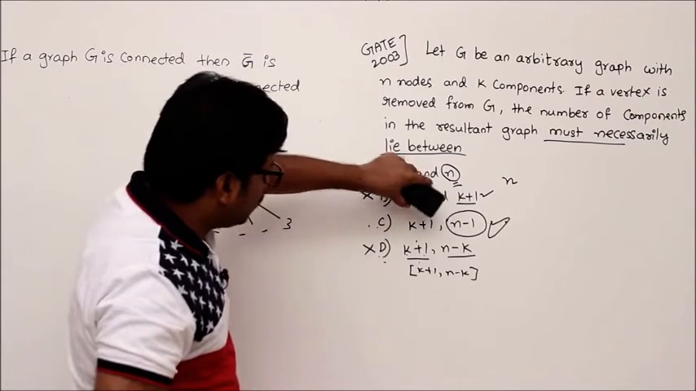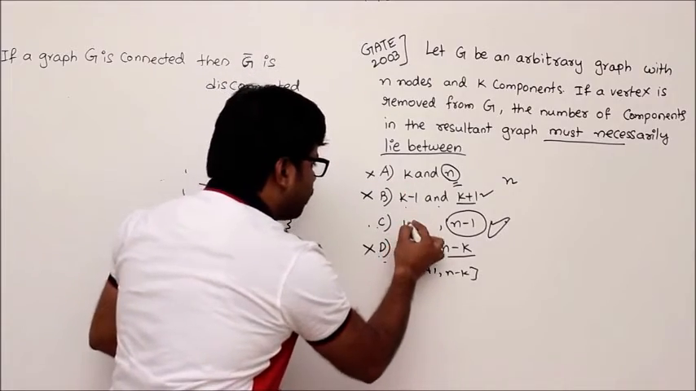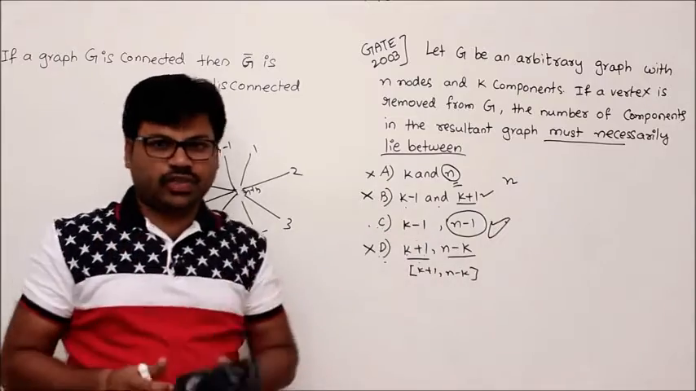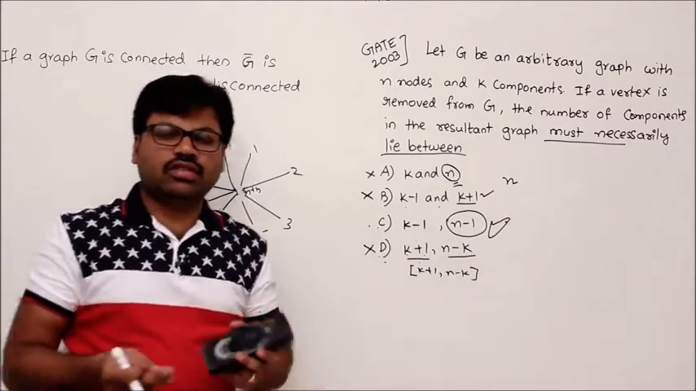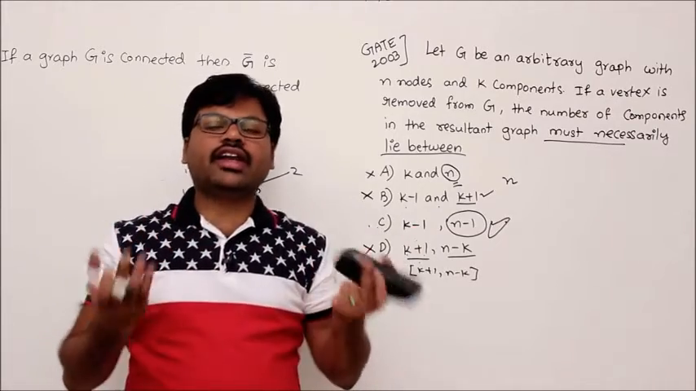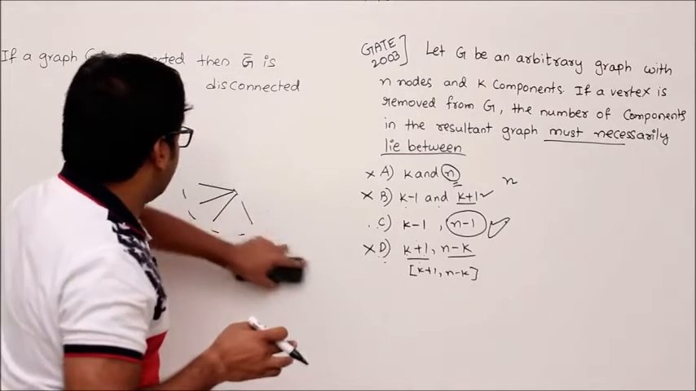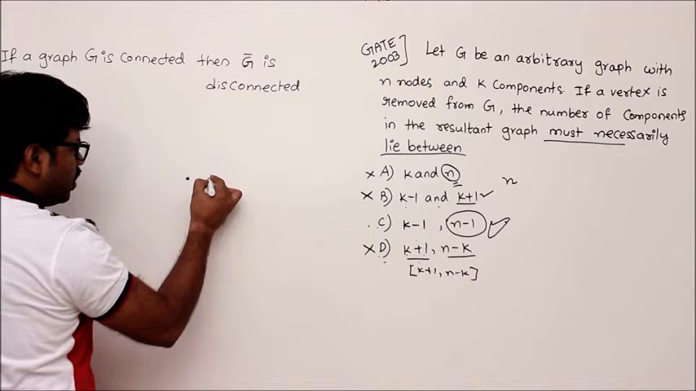So there is a mistake actually. This was k minus 1. Okay, let me add k minus 1 here. So let me correct here. It's k minus 1. So definitely k minus 1 is also possible. Whenever you remove a vertex, why will the connected components decrease? I will tell you one scenario. That scenario is like this. For example, you have a single vertex and